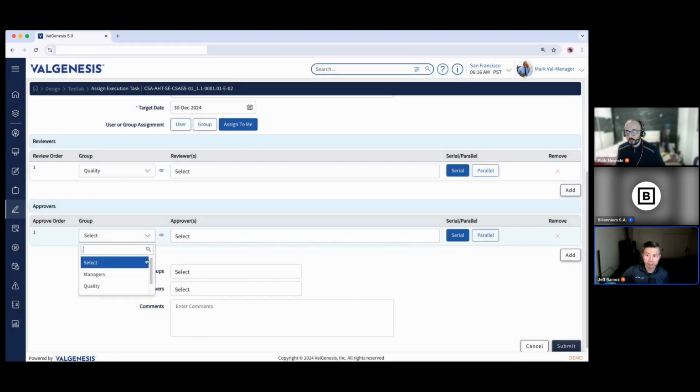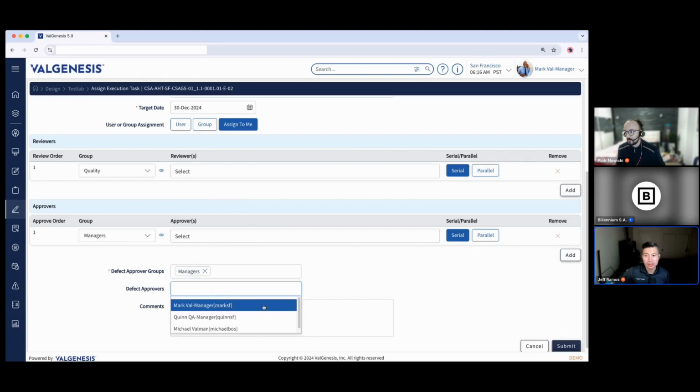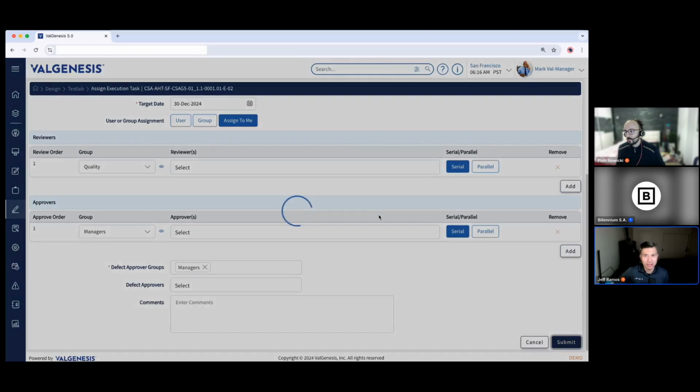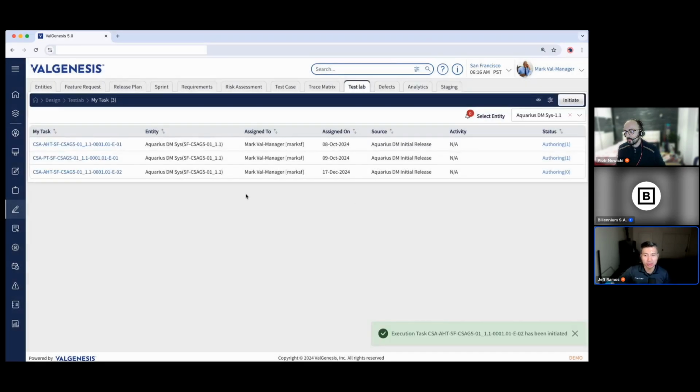You can define who you want to review this work, who you want to approve it, and if there are any defects, you can even select a group of users, maybe an SME group, who can conduct the assessment to determine the course of action to mitigate those defects. But right now, what I'm going to show you is, of course,